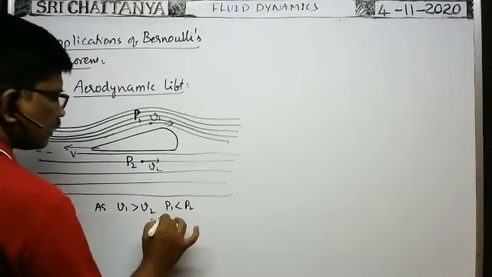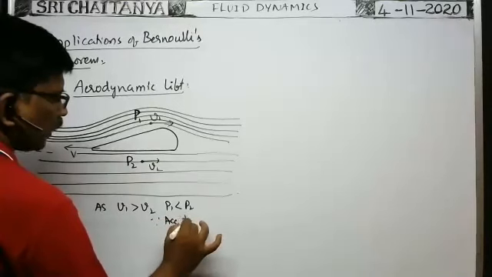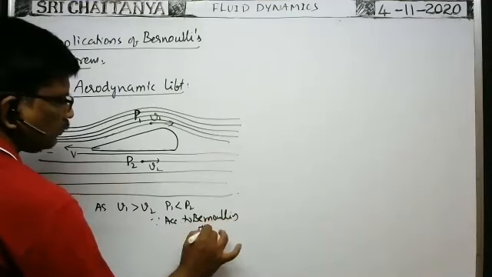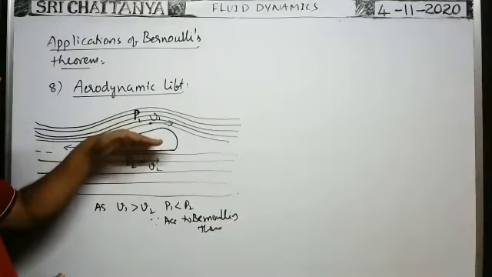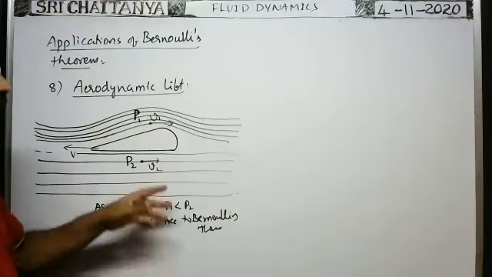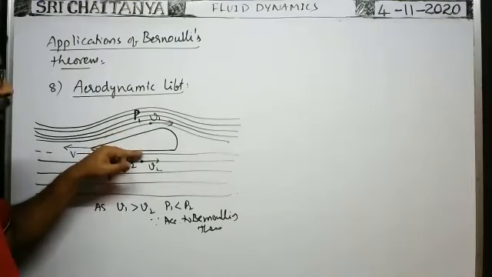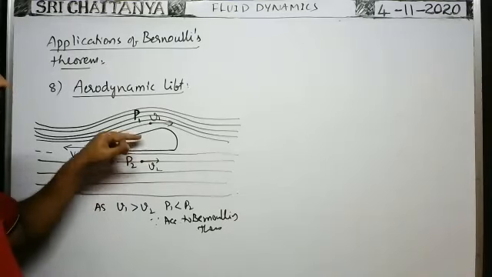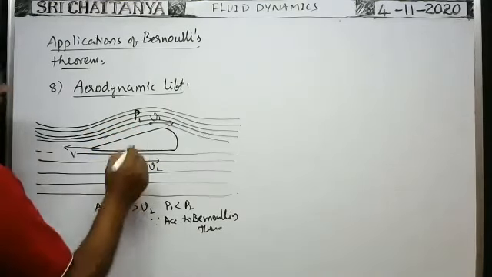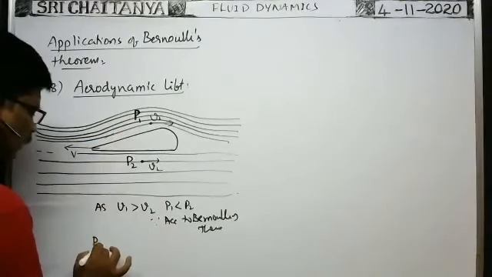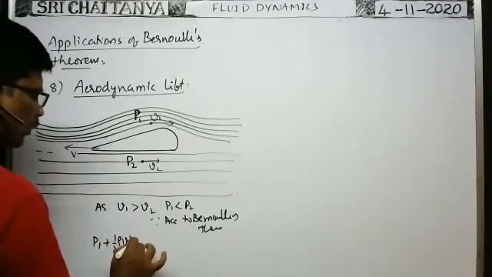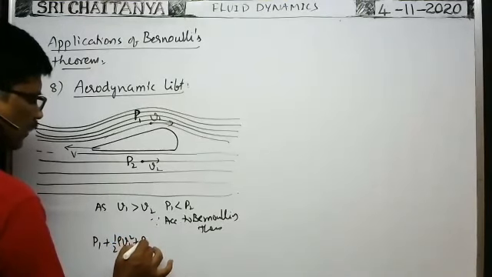So, according to Bernoulli's theorem, of course, the height of the aircraft wing can be ignored because the aircraft is at a far height from the surface of the earth. That's why this height can be neglected. So whatever the potential energy at the bottom of the wing, the potential energy at the top is also the same. Now, according to Bernoulli's theorem, at the top, pressure energy per unit volume is P1 plus kinetic energy per unit volume, half rho v1 square, plus potential energy, which is the same. You need not write it, even if you write, it will cancel.